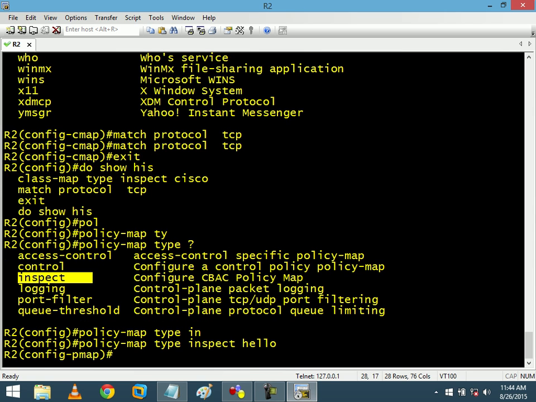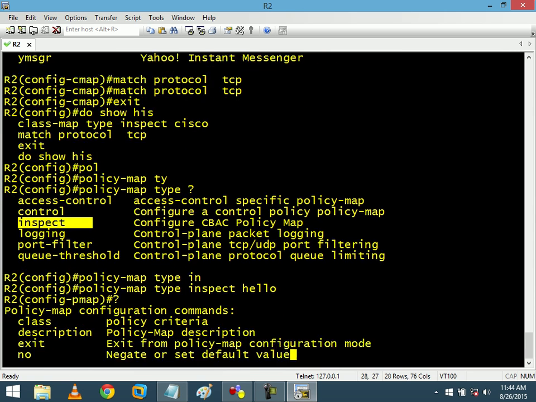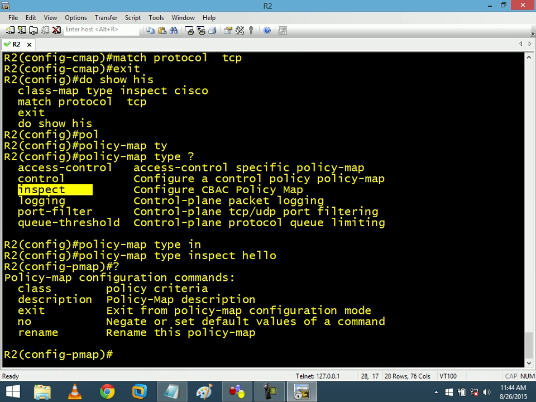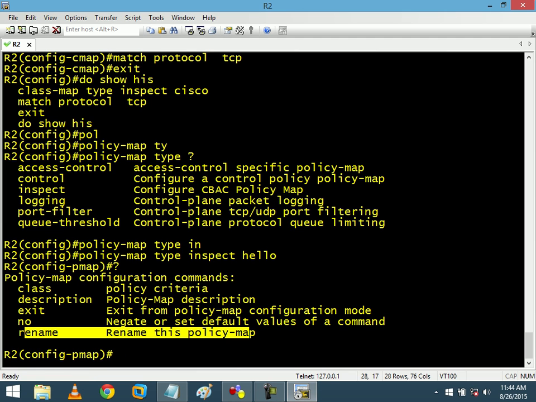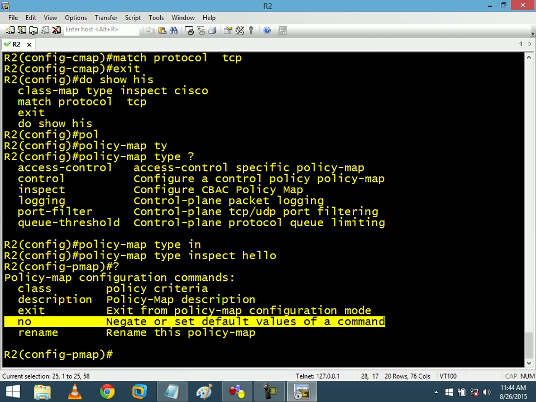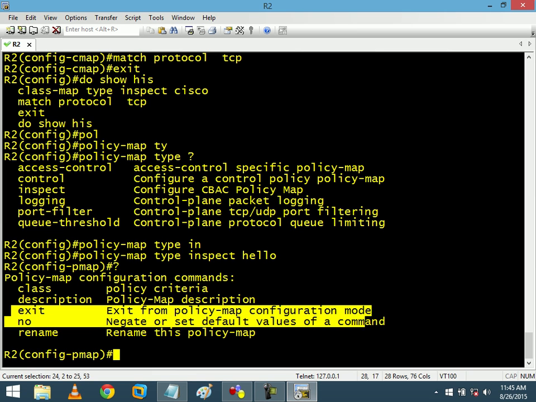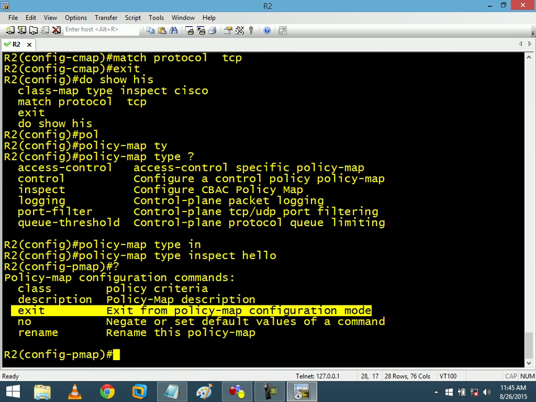Okay. If you put question mark, you can rename the name. Suppose if you don't like hello, you can rename here. Okay. You can remove the commands, right? No rename. No this. Like no router EIGRP, something like this. You can exit out. Exit. If I type exit,